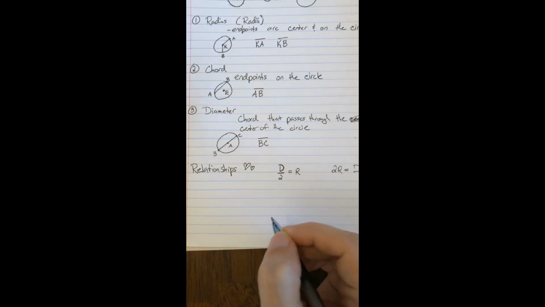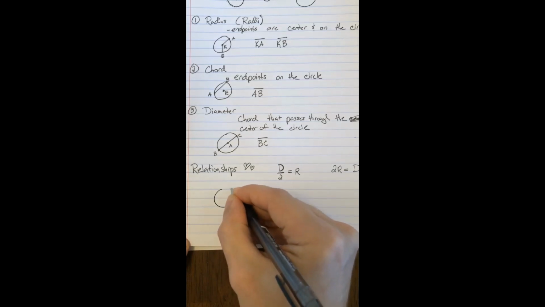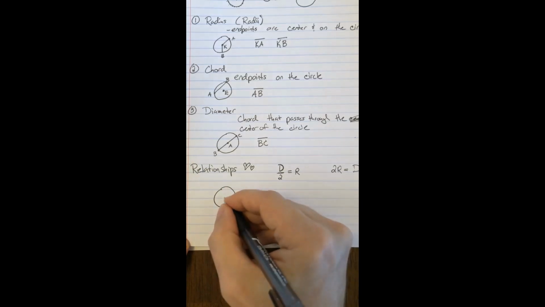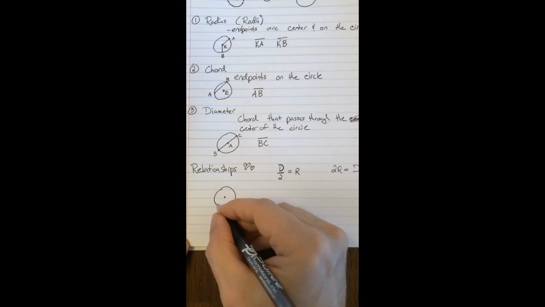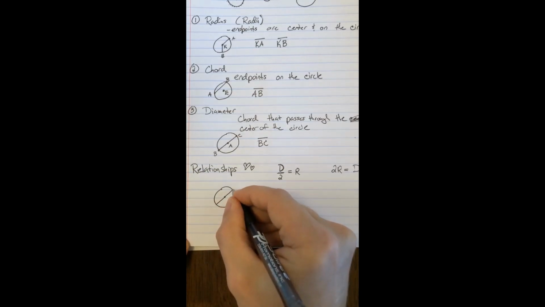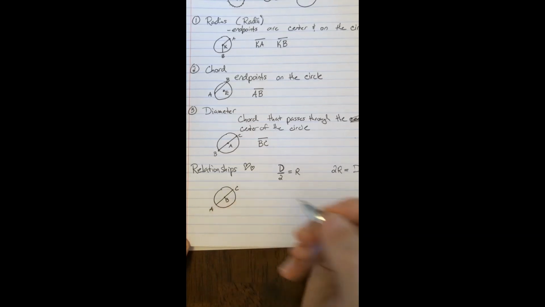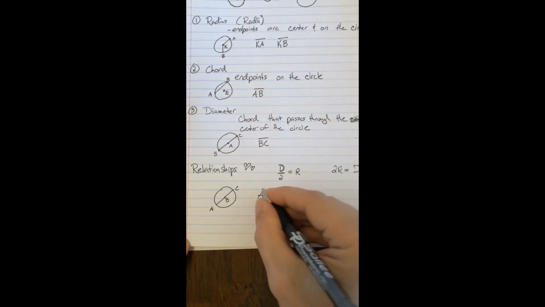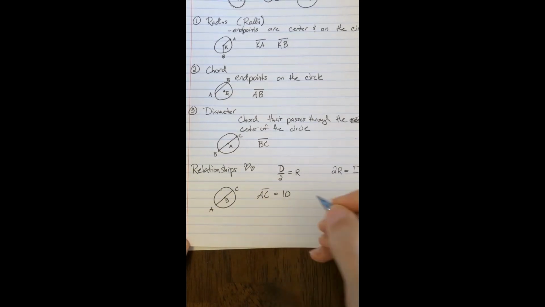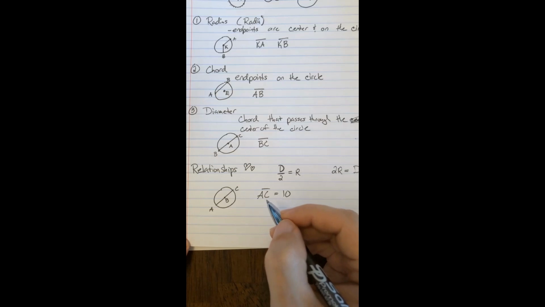So let's see how that works with some numbers. If I've got a circle right here, and let's say I have a diameter, and let's say this diameter, the whole entire thing, is equal to 10 feet, inches, whatever, it doesn't matter. Well, here's the thing. If this whole entire thing equals 10, and I know,